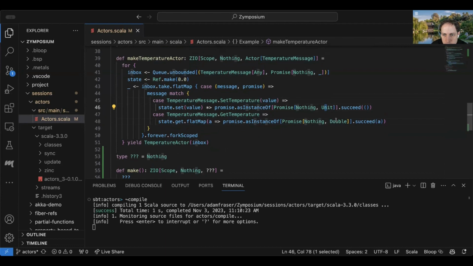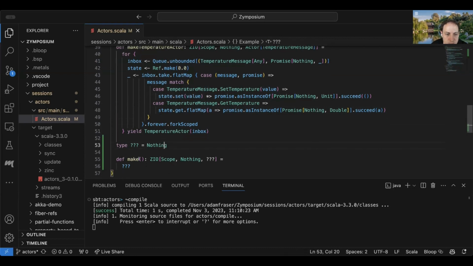Here it's either a unit or a double. And we're also getting the state in some cases, and we're also updating the state in some cases. So let's try to put that into a data type.